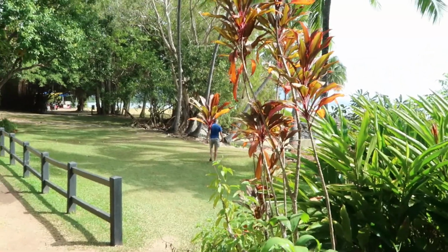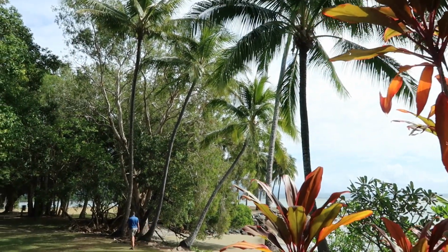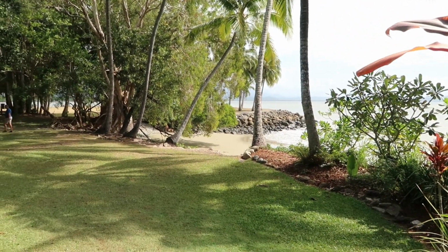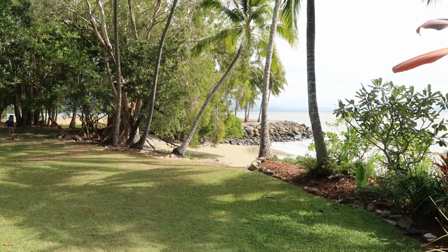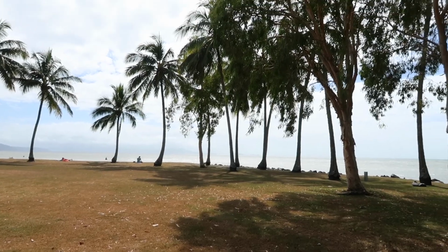Now emerging down the bottom of the hill, there's a big park here. There's nice coconut palms again. A little beach down there. And a little bit further over, that's basically the channel behind that little beach where all the boats come out from Port Douglas Marina. And right down the bottom